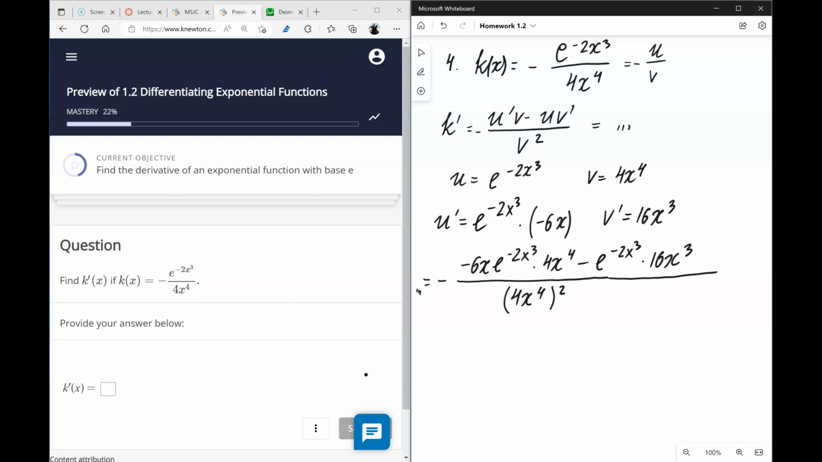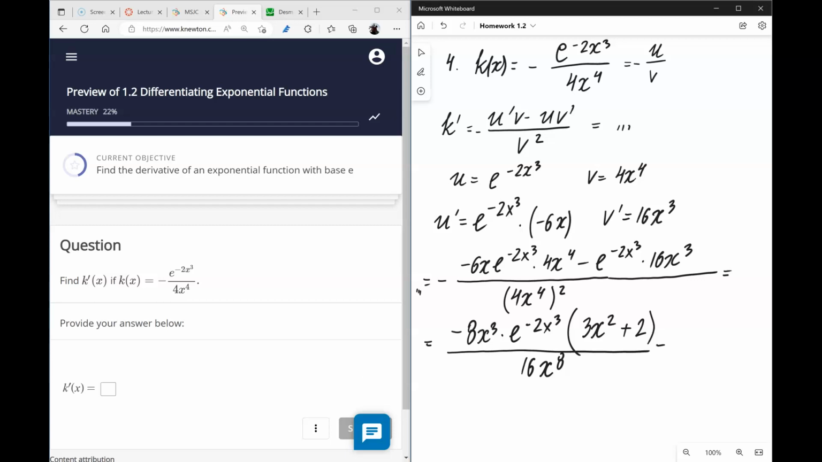And it looks like we can simplify this and reduce it by a lot. So let's take out the negative 8x cubed times e to the power negative 2x cubed. So we have left here 3x squared plus 2, and in the denominator we have 16x to the power 8,